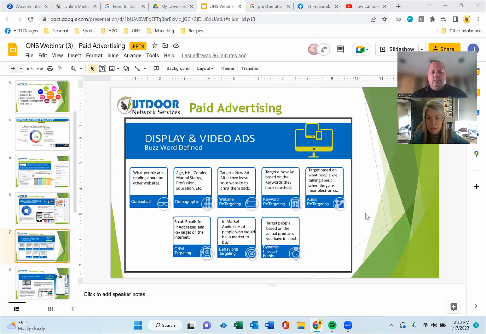You just know that they've made a search for a pond contractor in the last 15 days. And because they've made that search, now you're going to follow them around with a banner ad for the next 30 days to try to get them to convert. And you don't care if they're on ESPN, you don't care if they're on the Washington Post or CNN, as long as they live within those parameters that you set for their location.